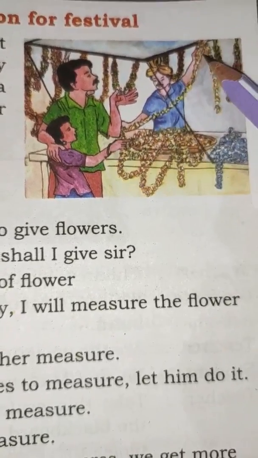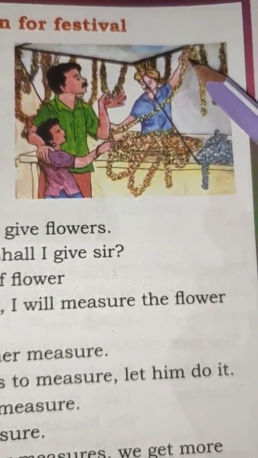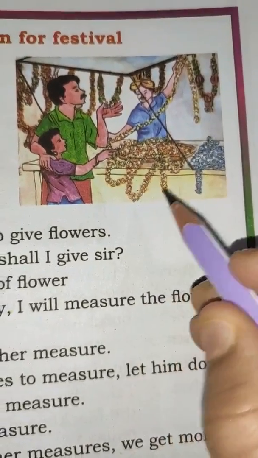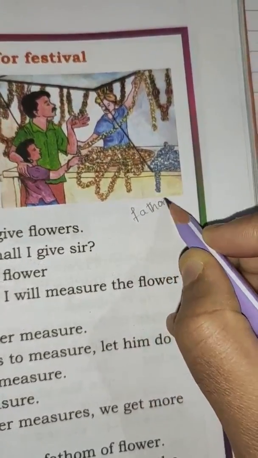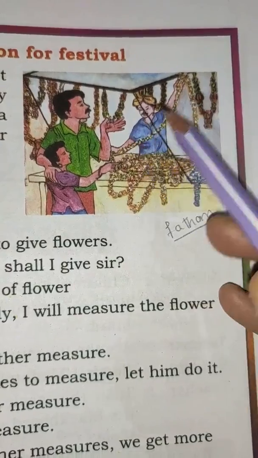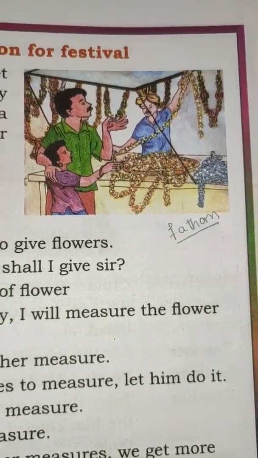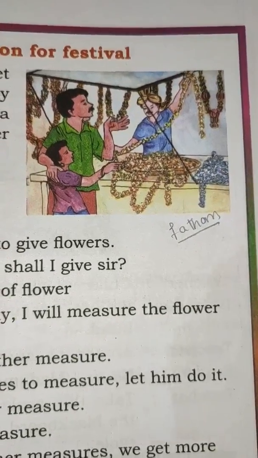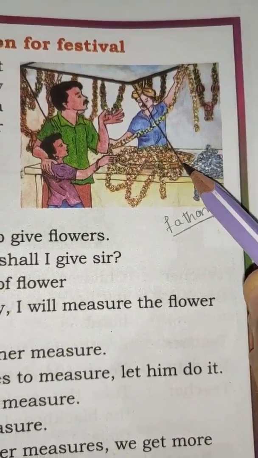So this is called the fathom, from one end of the right hand to the other end of the left hand. F-A-T-H-O-M, fathom. It is a measurement from right hand to the left hand like this. This is called 1 fathom. So children, here it is not an exact measurement, isn't it? Because if the person is taller, the fathom may be more. If the person is shorter, the fathom may be less. Yes, this is not an exact measurement.